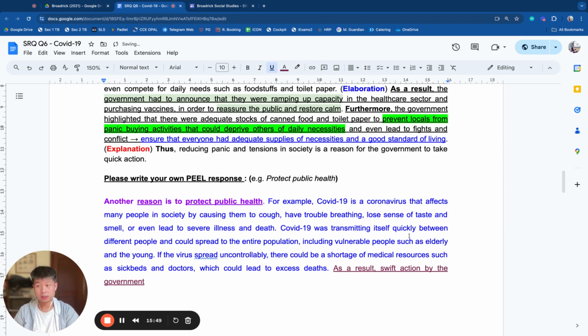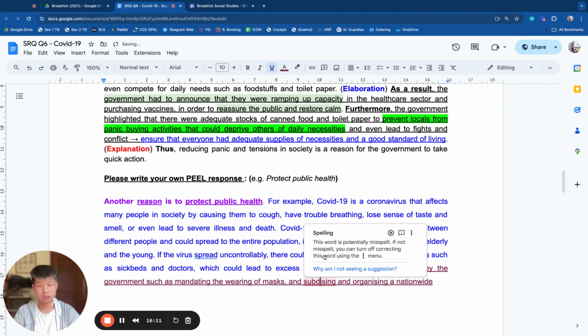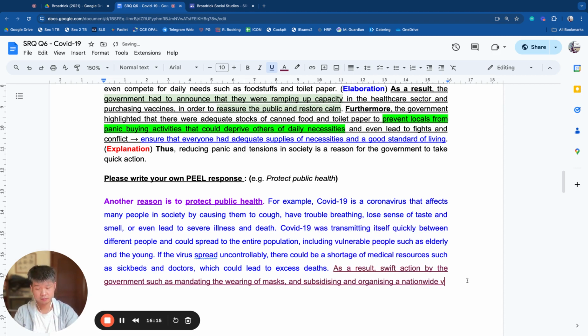So what action is this? Let's be clear. What is the government doing? What did the government do? I think we saw, right? Such as mandating the wearing of masks and subsidizing and organizing a nationwide vaccination program would lead to